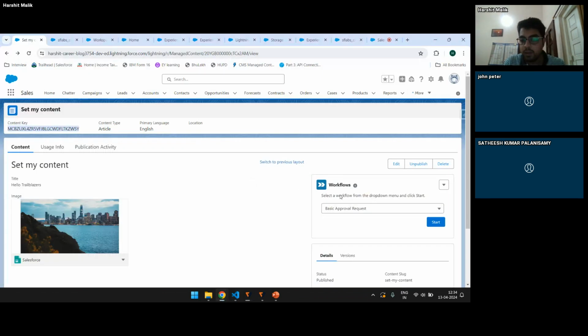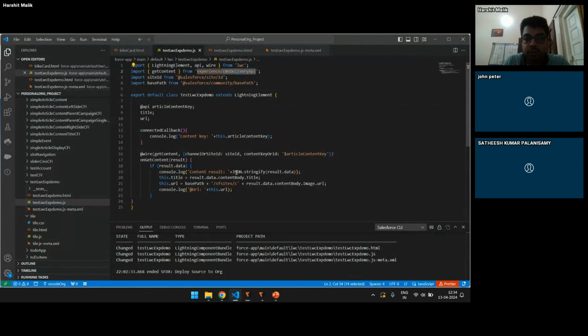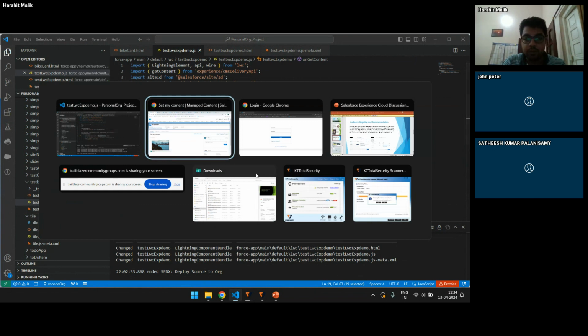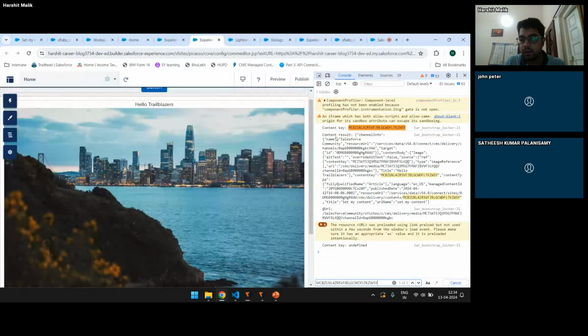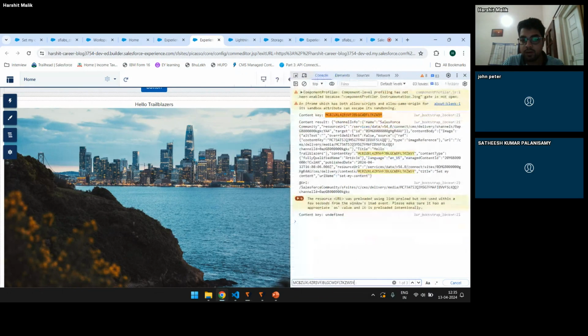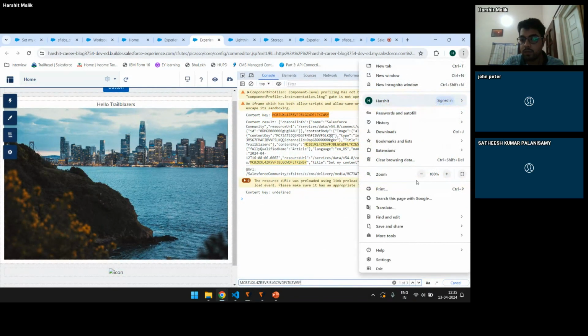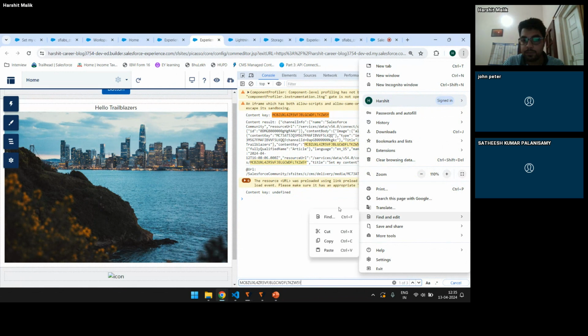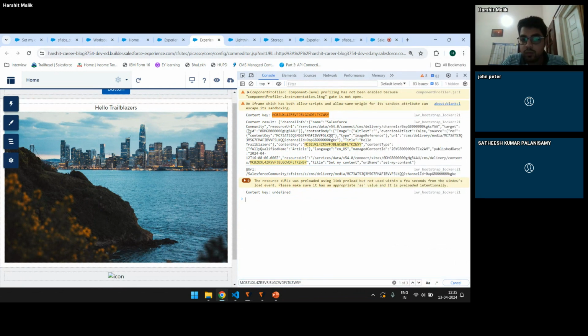If you can see, in return we are getting the JSON object. I have already stringified it here, and based on that, I'll be showing the data here. I am getting this data in the form of JSON. So here you can see what I'm getting. I'm getting the ID, the image URL, whatever URL I can use in order to show it, your content key, your title,